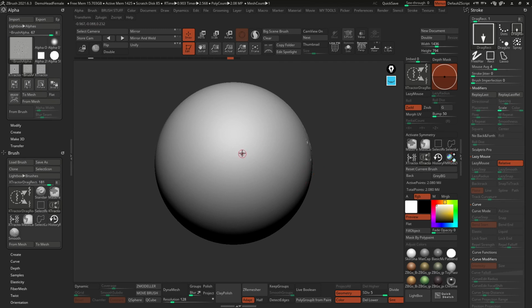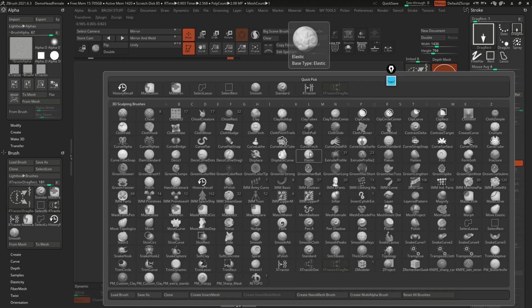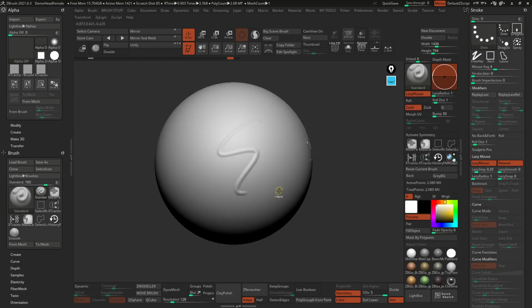And something else that we can do to make this brush even more complex is to change the type of stroke. Right now, by default, this brush is using this drag rect alpha to do this process. But if I go back to my standard brush, so let's press BST, this is the standard brush. I can select one of the new alphas that was created with the previous brush. So let's select probably this one. Yeah, this one is fine, right? And I can click and drag, and you'll see it's not giving me the same result, obviously, because the standard brush is using a different stroke. So I can just switch to the drag rect, and that will give me the same effect.